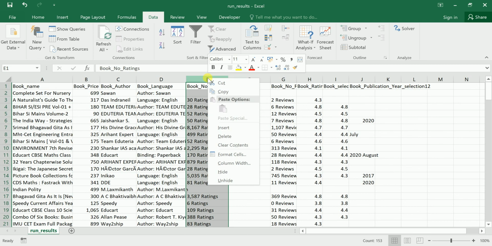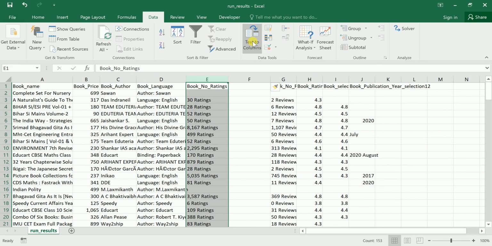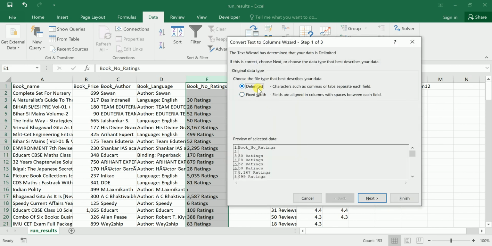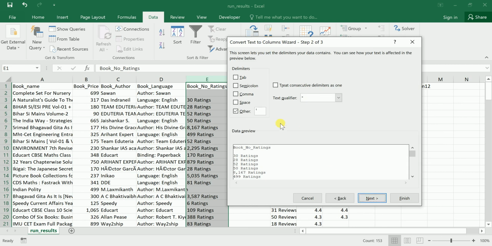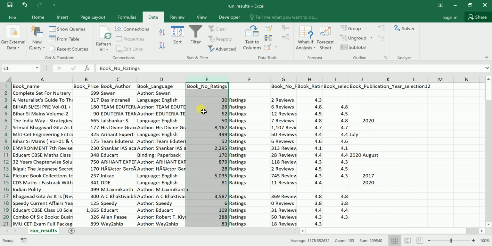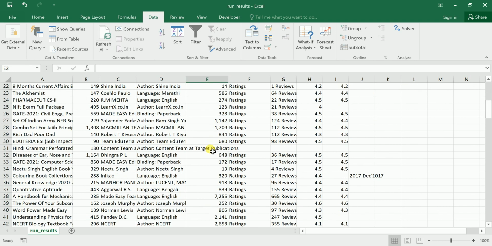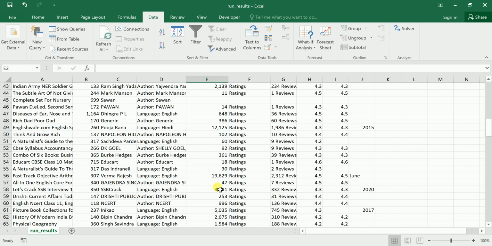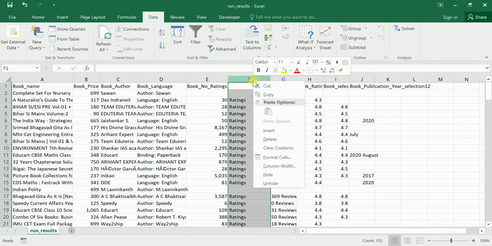Again we can go for data, then text to column, delimited, next, and I can put space. If I put space, all the ratings will be here. I'll get the values and the ratings I can delete off. This column I can delete off.